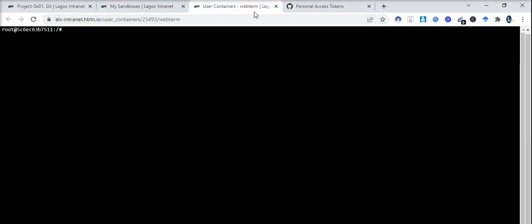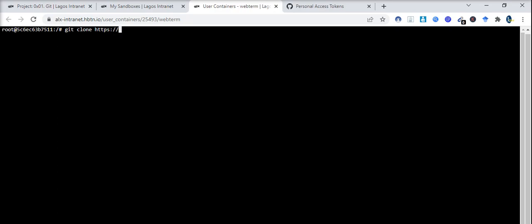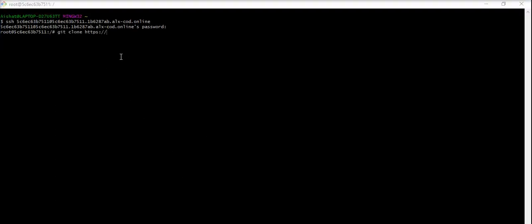All right, so we're going to write git clone, space, https://, then the personal access token. We cannot paste here. That is why I advise that we always use git bash, right? So on git bash you can easily copy and paste. So I'm going to right click and paste my personal access token. After that, type at github.com, all right, /username